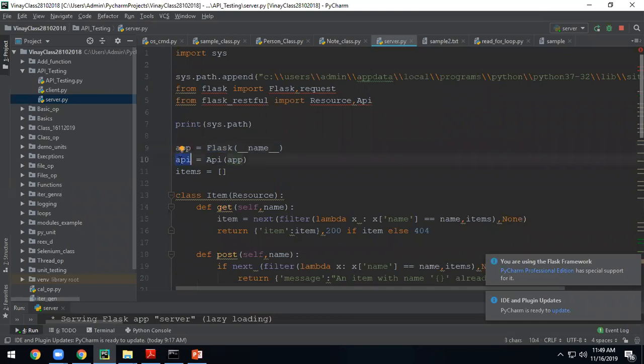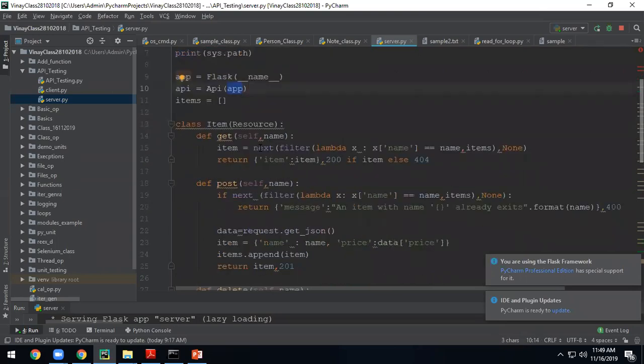Okay, and also you are creating an API object with app actually. Then when you say server, what do you want? We wanted some kind of a server which will provide you some resources where you should be able to add resources, delete resources, and modify resources. So I'm taking it as one store, where you can keep some kind of materials, like say it can be chair, table, something like that.